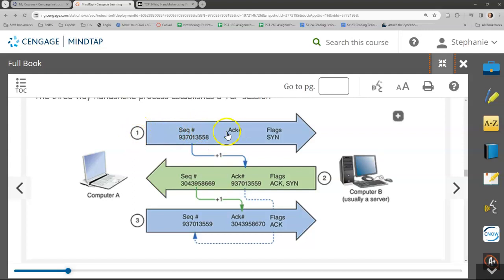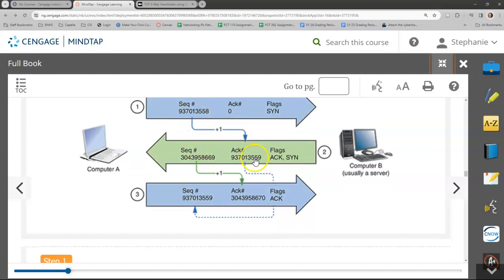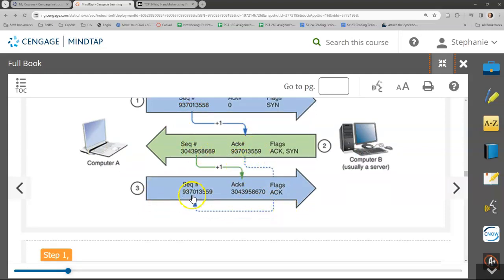And then with computer A, notice the sequence number here. This one is one higher, so every time it replies, we've got the sequence number and the acknowledgement. These two match, and then these two are in sequence. So you can see kind of how that goes. We're adding one to the acknowledgement and sequence every time. This one adds one there, this one adds one there, and then we have our sequence number and acknowledgement